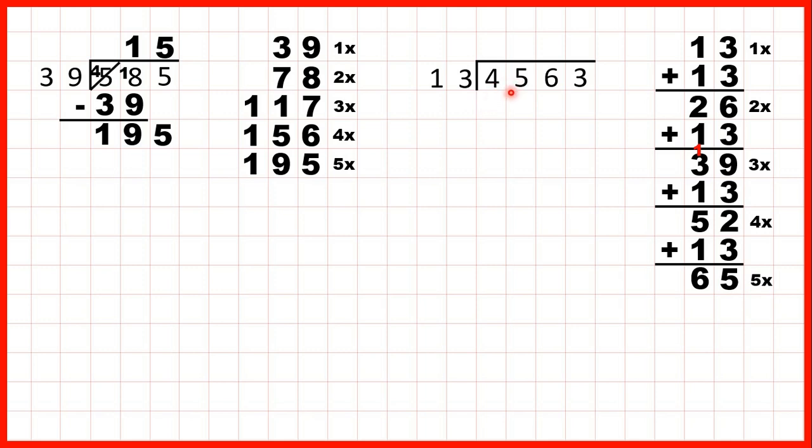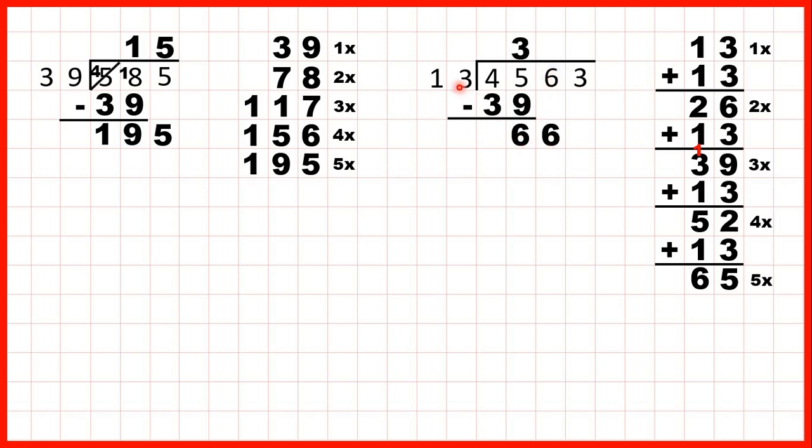Taking the first 2 digits together, we have 45 divided by 13. So we need a number in the 13 times table that's close to 45, but not more than 45. We can see that 39 is the closest number to 45 that's still less than 45, so we can write the 39 under the 45, and because that's 3 times 13, we can write 3 in our answer line. Now we need to subtract and then bring down the next digit. 45 minus 39 is 6, and we can bring down the next digit, so bring down this 6,